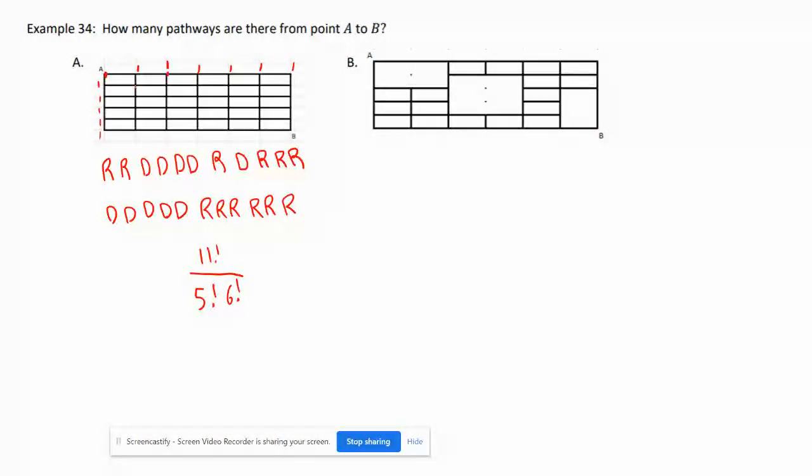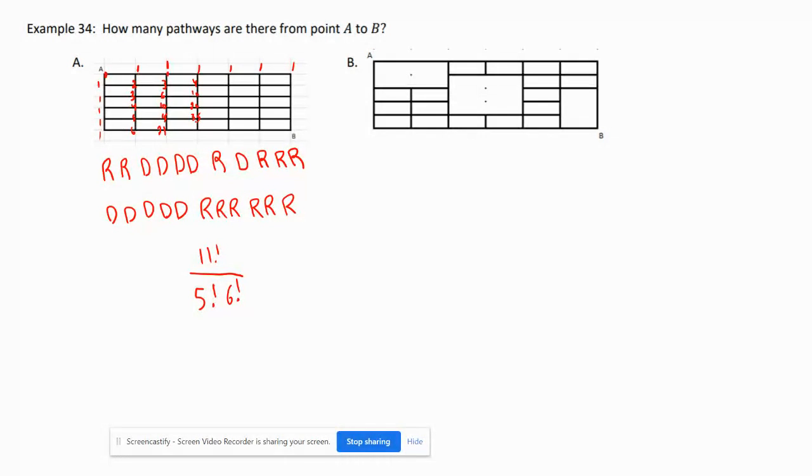Now to this point, though, there's 2 ways, because I can either go through this point or through this point. If there's one way to get to here and one way to get to here, there's a total of 2 to get to here. To get to here, there's 3 ways, because there's 2 ways to get to here and 1 way to get to here. 2 plus 1 is 3. This would be 4, this would be 5, this would be 6. This would be 3, this would be 6, this would be 10, this would be 15. 10 plus 5 is 15, 15 plus 6 is 21. 1 plus 3 is 4, 4 plus 6 is 10, 10 plus 10 is 20, 20 plus